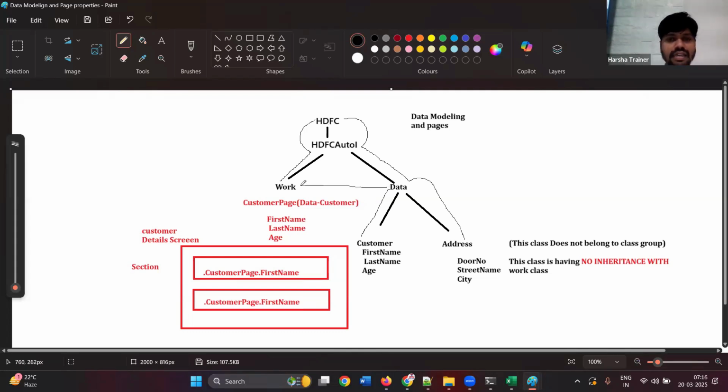Now, this work class and this data class, is there any inheritance relation between these two? Just I'm asking. No. There is no inheritance. These are completely separated classes, siblings type of. Is there any inheritance relation between work class and customer class? No inheritance. Is there any inheritance relation between work and address? No inheritance. So you have some classes under the data layer which are not inheriting from the work class,